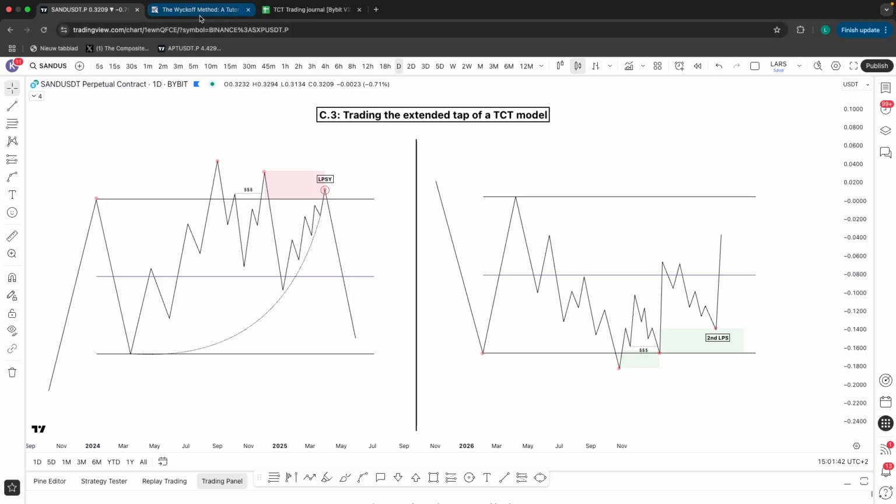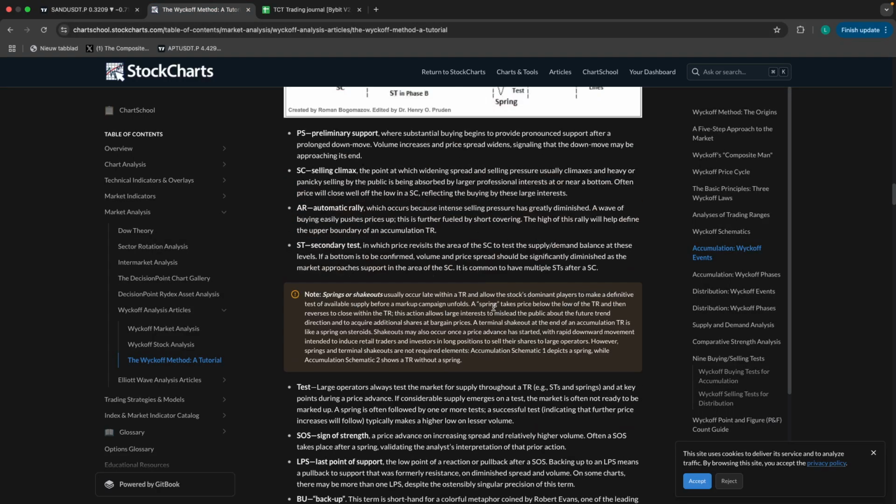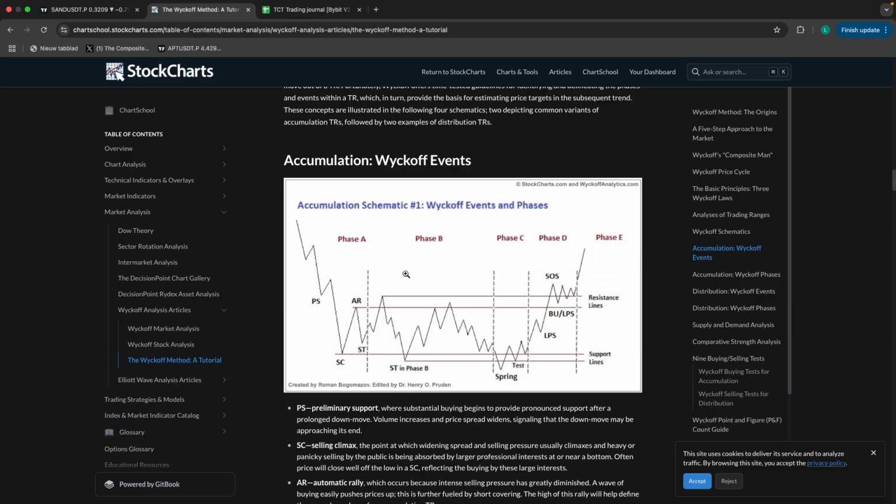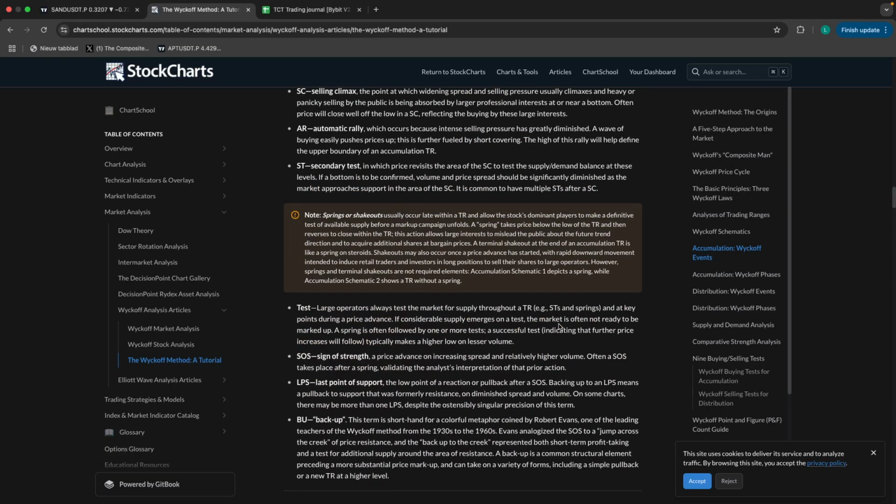Going to the Wyckoff page right here, we can see that when we are in accumulation, you have your SC, ST, and Spring representing your tap 1, 2, and 3. In a Model 1, you also have that test, and then along the way of going up, you have these higher lows, which Wyckoff likes to refer to as an LPS. And when we go to the definition of an LPS, it represents our last point of support, the low point